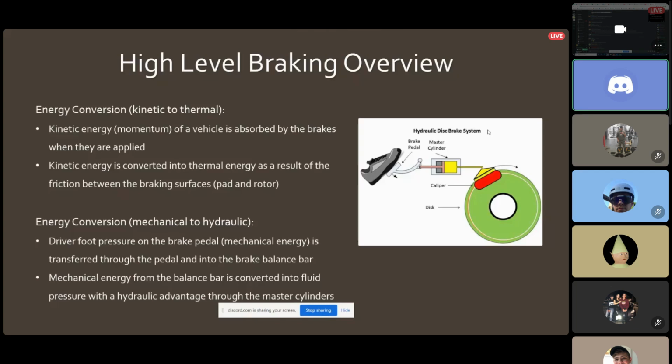The basic hydraulic braking system, there's a really simple diagram on the right-hand side there that kind of outlines some of the main components. So the brake pedal, the master cylinder, the reservoirs, brake lines, calipers, and the rotor. So, yeah, as displayed in the picture,